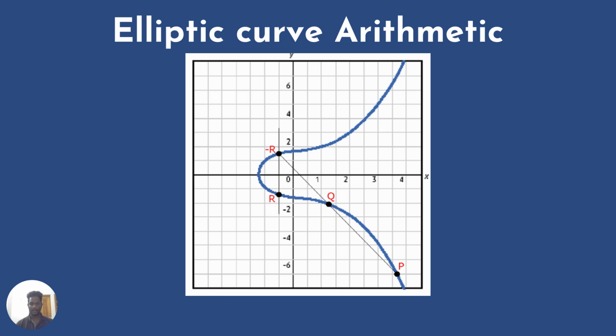When we draw a line between P, Q, and minus R points, the line through minus R and the other points will intersect at a point in the graph which we call R. That point is defined as the summation of points P and Q, which is R equals P plus Q. So here, when we connect three points minus R, Q, and P, we get a new point, which is R, and it is a positive integer. There is no need to consider minus R because it is a negative integer. In cryptography, we will only be using positive integers.